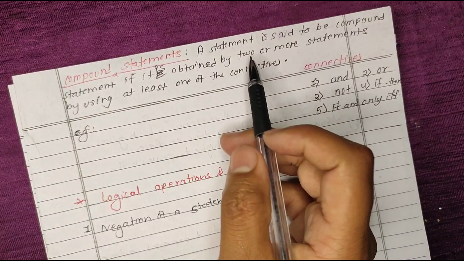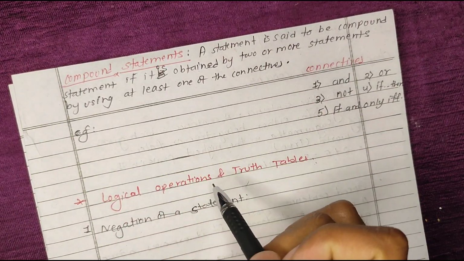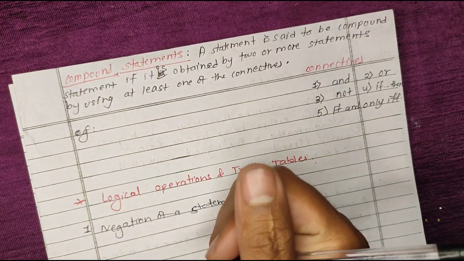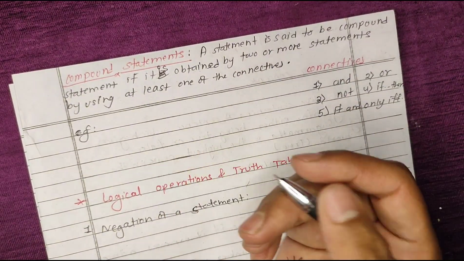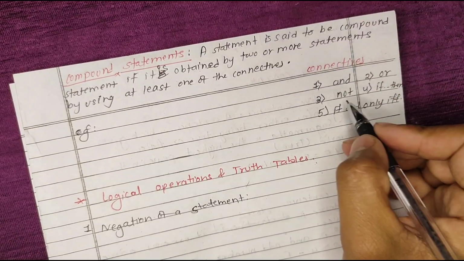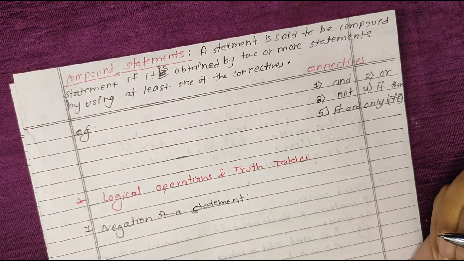Compound statement. A statement is said to be a compound statement if it is obtained from two or more statements by using at least one of the connectives. A statement that we obtain by using one or more connectives. We have the connectives: and, or, not, if then, if and only if, which is abbreviated as IFF. Example,